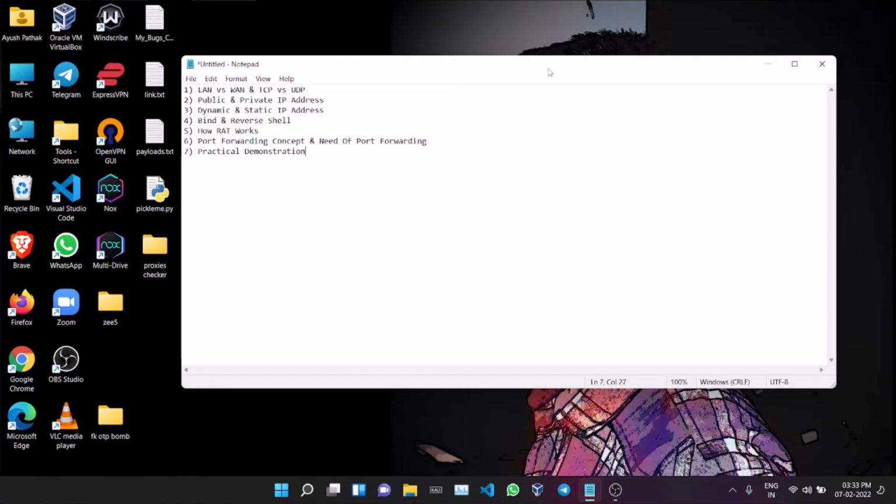What does reverse shell do? This time we will send a virus to the client, or you can say the target, and then we will start a listener on our own attacker machine, and the IP address and the port of our attacker machine will already be embedded in that virus that we send to the target. Now when the target runs that executable or that virus, then his computer will connect to us.